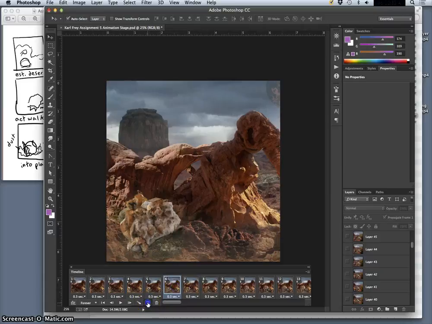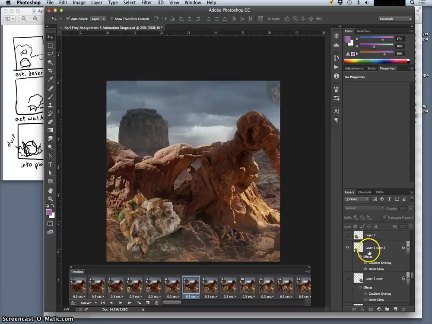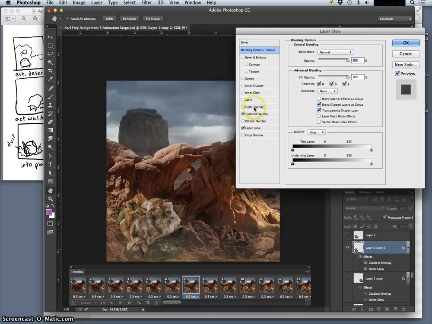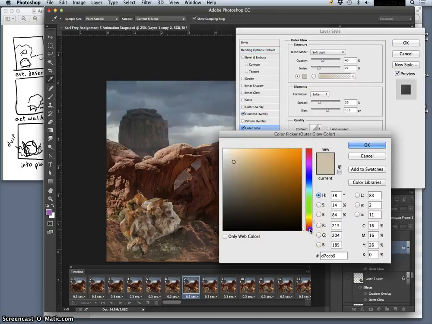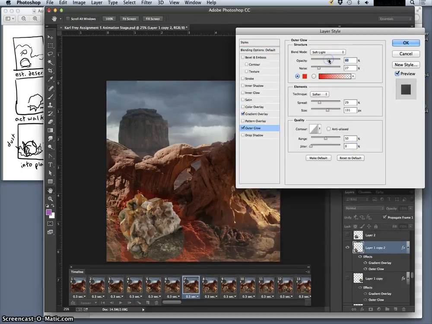So if I make a duplicate of this frame, for instance, and then I click on that character asset layer, it's another reason to separate out your character from your stage. And if I change the effects now, and I give him an outer glow that's a really bold color, like red, and I make that really strong opacity, it's a soft light, really spread out,